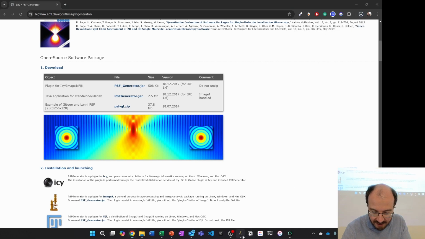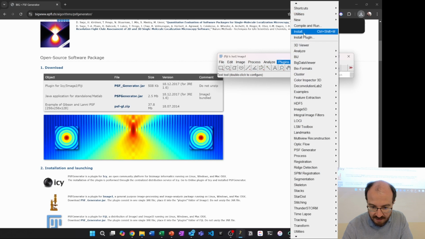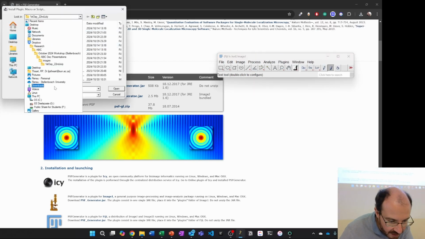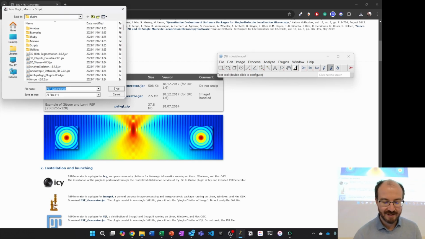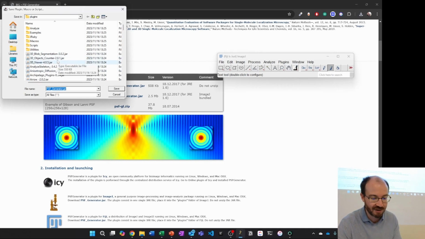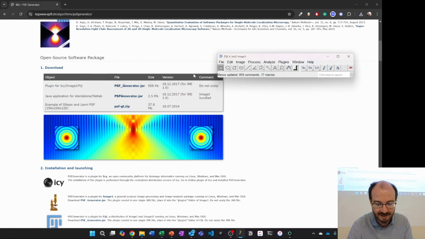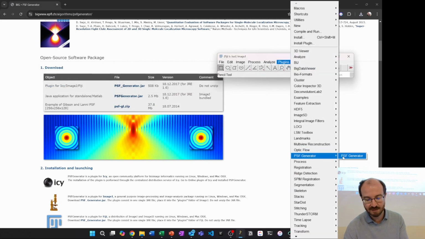And it's busy downloading. And then I can go to Fiji and say Plugins, Install, and then I just need to find where it was downloaded. In this case, it was in the downloads folder. So there's the jar file, and then I just say open, and then it will take me to this instance of Fiji into its local plugins folder, because this is basically all that it's doing. It's simply copying that jar file to the plugins folder of Fiji, and if I save it there, I already have it installed. But then once that's done, you usually just need to restart Fiji, and then it appears in your drop-down menu. There, great, PSF Generator, now it exists. But we'll cover this again a little bit later when